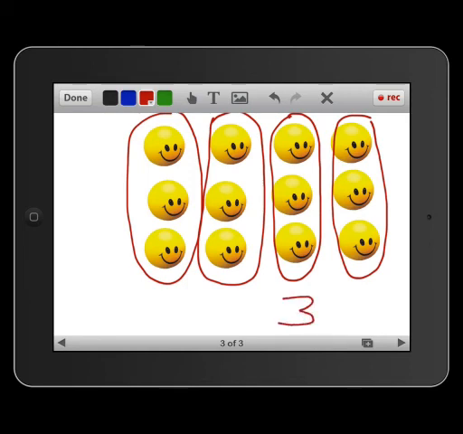But how many groups of 3 are there? We circled 1, 2, 3, 4. So it would be 4. We have 4 groups of 3, and one way we can represent that is by putting a multiplication sign in here. 4 groups of 3 equals